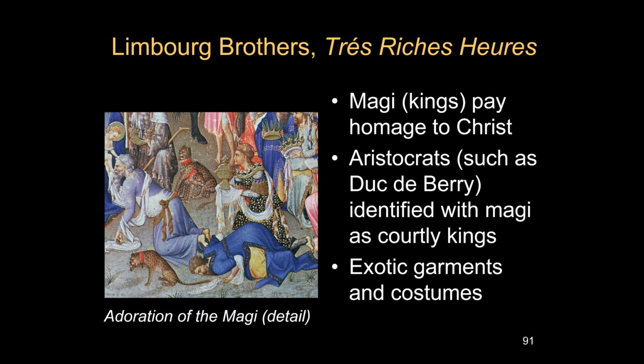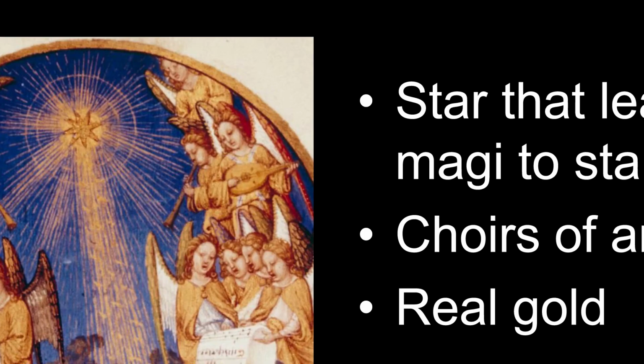And you probably should realize that aristocrats and rulers, and this definitely included the Duc de Berry, often would identify themselves with the Magi because these are the kings, these are the aristocrats who have come to adore the Christ child. I don't think in this example, but there are other examples where people have suggested, or it has been verified, that the kings are actually portraits of certain rulers. For example, in Florence in the 15th century, Botticelli paints the members of the Medici family as the kings and part of their retinue.